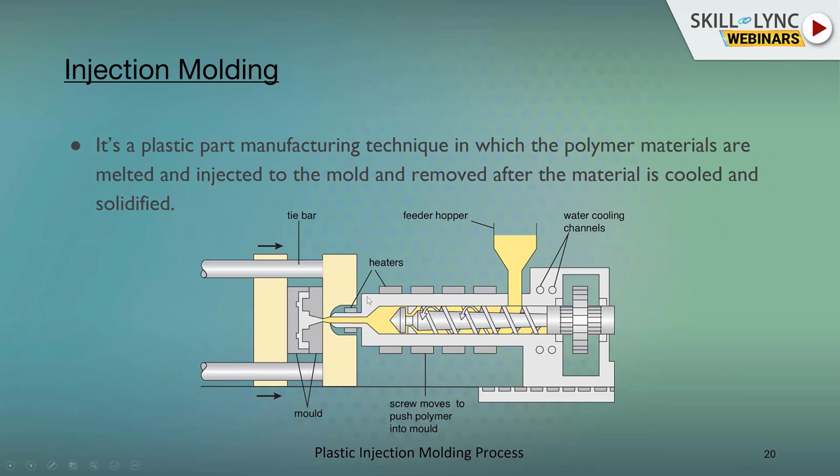One is the injection unit, which is this area, and the other one is the clamping unit, which is this one. Starting with the injection unit, it typically consists of a feed hopper over here, where all the plastic pellets are dropped so that they can be further processed. From there, the plastic material goes into the barrel, where there is a screw system,